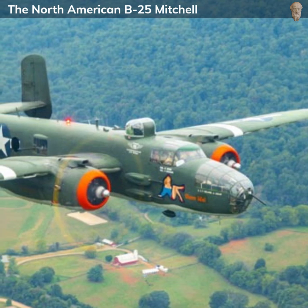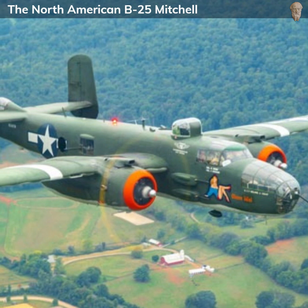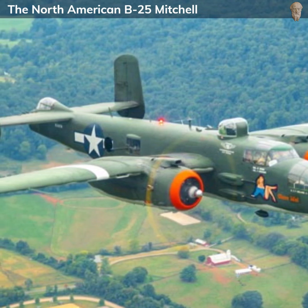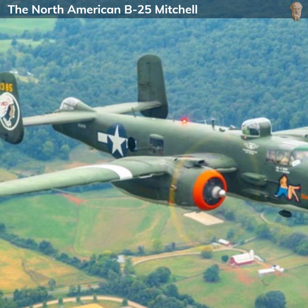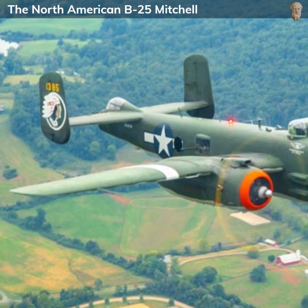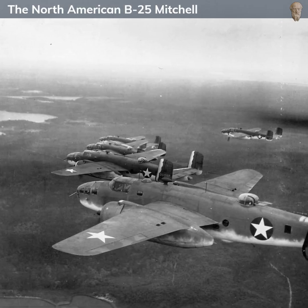The North American B-25 Mitchell is a twin-engine medium bomber that played a vital role during World War II. Manufactured by North American Aviation, it was named in honor of Major General William "Billy" Mitchell, a pioneer of U.S. military aviation. The B-25 is best known for its role in the Doolittle raid in April 1942, where 16 of